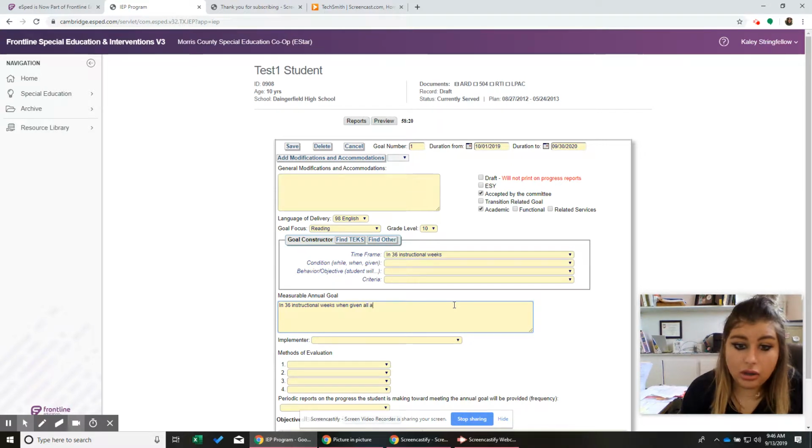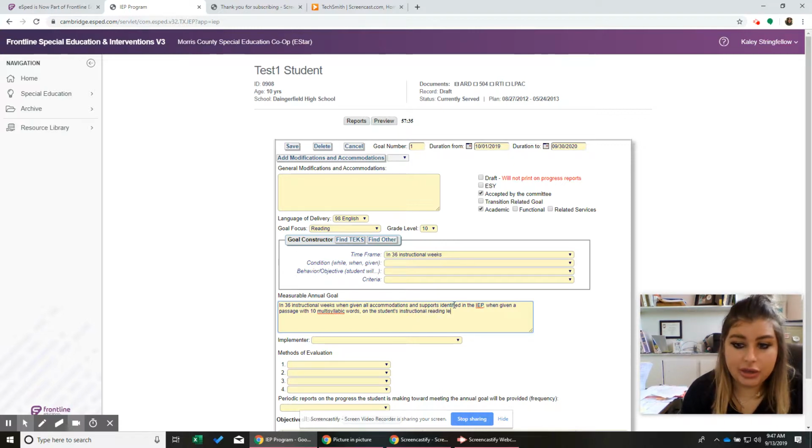When given all accommodations and supports identified in the IEP, student will be able, or let's say first, we have to say, when given a passage with 10 multisyllabic words on the student's grade instructional reading level.